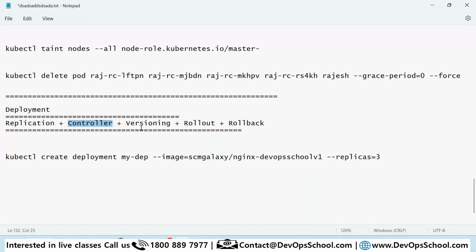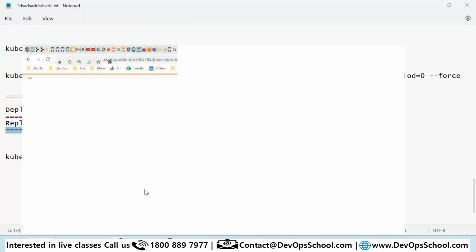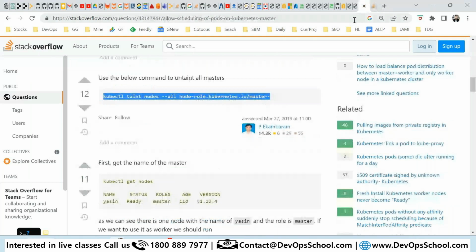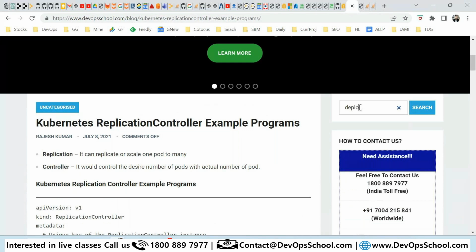Now, what is versioning? Every time you change the deployment image, I'm not confusing you with too many parameters, but for the time being only the image, every time you change the image, it creates a version. How do I see that? So let me steal my code actually. This will help you to see that. So here kubectl Kubernetes deployment, enter.